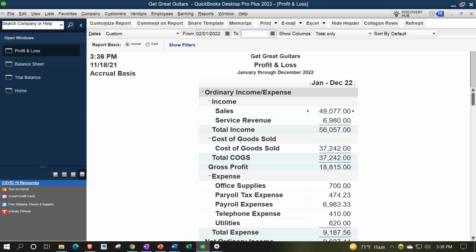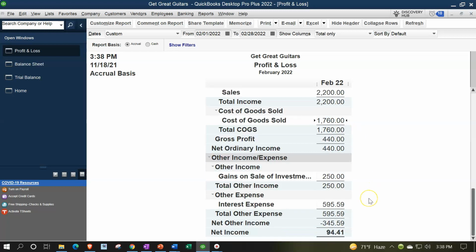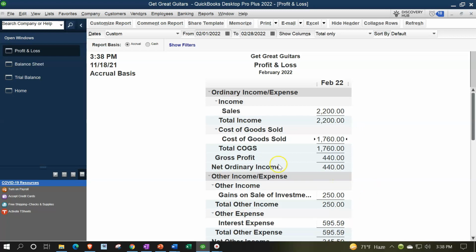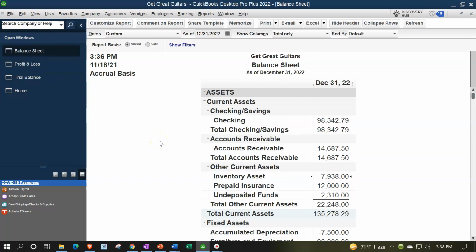We could say 02/01/22 to let's say 02/28/22. There's 28. Are there 28 or 29 days here? No, 28. That's right. I knew that. So now we can see just the activity for the current time frame, the sales here, and then the cost of goods sold, sales minus the cost of goods sold being the net impact on the net income as well as the gross profit. Let's then go back to the balance sheet and do our supporting schedules, which would then be the accounts,